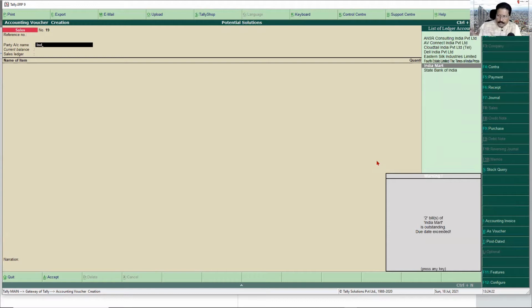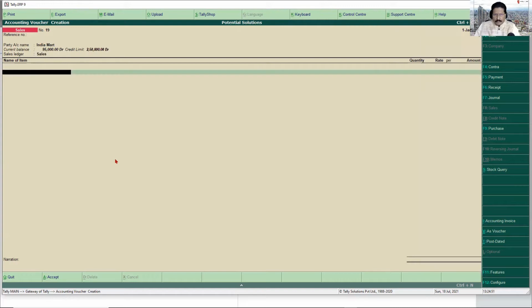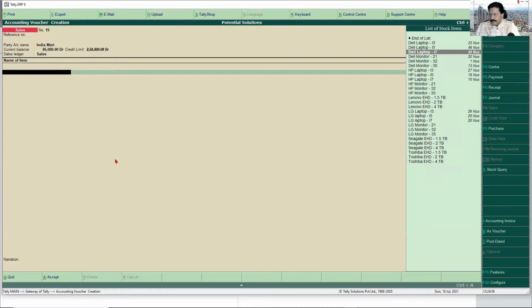You see here the same kind of warning that you are getting. Two bills of India Mart is outstanding, due date has exceeded. So it is just giving you the warning. And here again, Tally is giving you your current balance, which is 95, just now we saw, and it also gives you the credit limit. What is the credit limit that you have specified for this particular party, so that you know the credit limit while doing the invoicing. Okay, so I'm going to select my sales ledger, and again, let us say